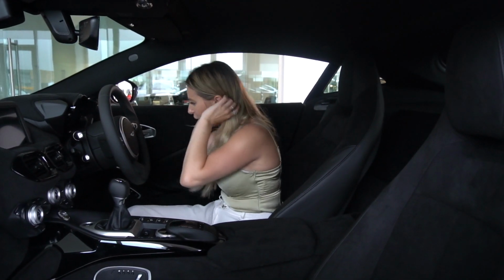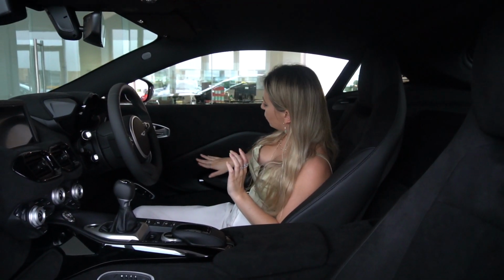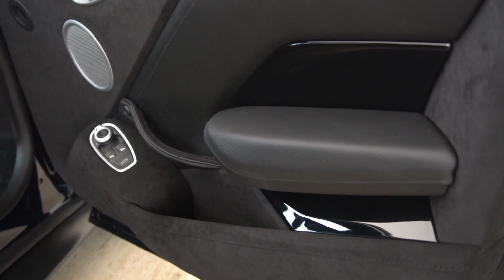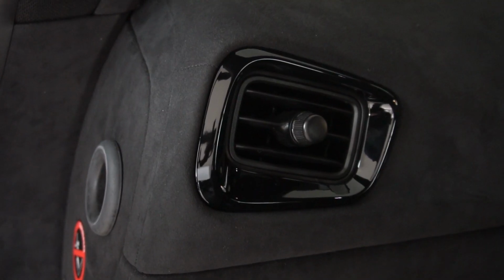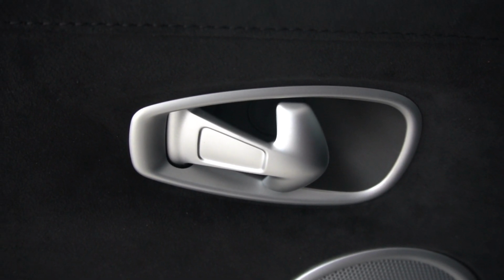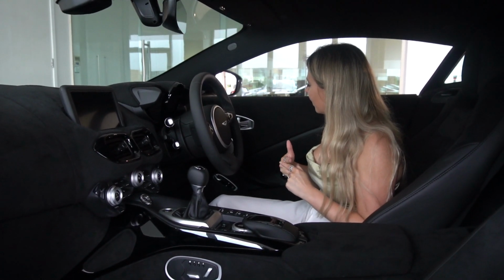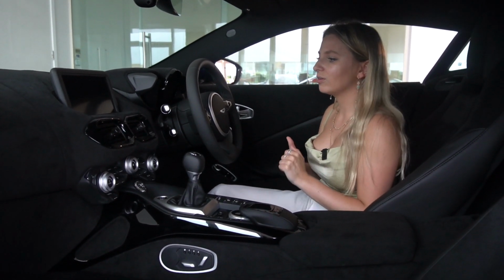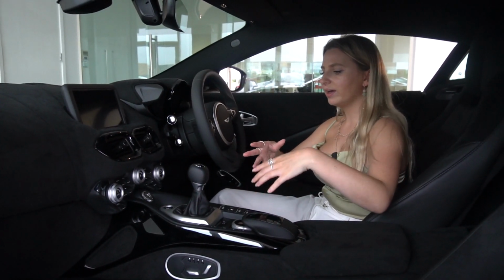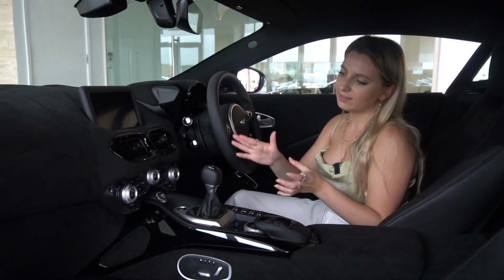So looking at the doors, we can see that we've got gloss black inlays, and we also have a few other features which have gloss black surrounding them. We also have a satin jewellery pack, which again ties in very well with the gloss black inside the cabin, and you can see that it's all kind of pulled together and really complements each other in the centre console